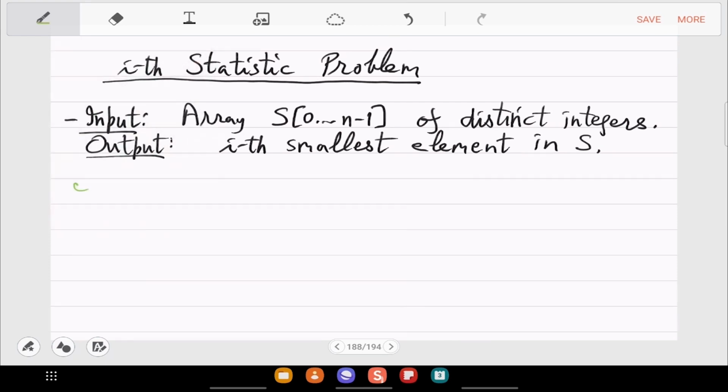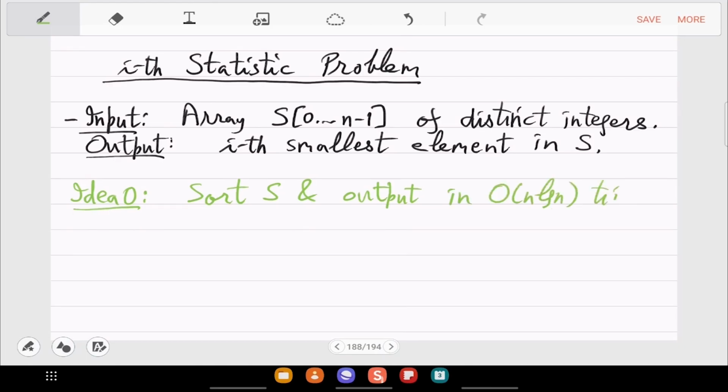Right, so it is no big deal if you can sort. You can just sort S and then output whatever you are asked in order n log n time. So this would be the brute force algorithm. The question is to do it in linear time.